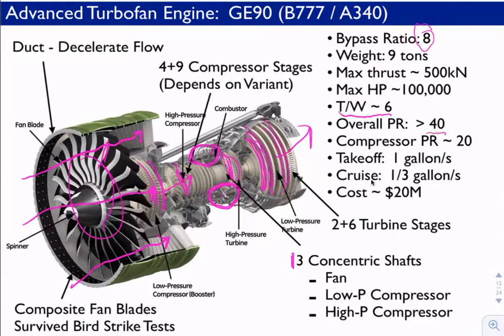The compressor itself, so this is just before it hits the combustion section, the fluid's been compressed by a factor of 20, which is absolutely incredible. And takeoff is basically full on. Each of these engines is blowing through a gallon per second. And at cruise, it's about a third of a gallon per second per engine. A 777 has 2 engines running a third of a gallon per second, so it's 2/3 of a gallon per second. But if you're going 220 meters per second, this works out to about